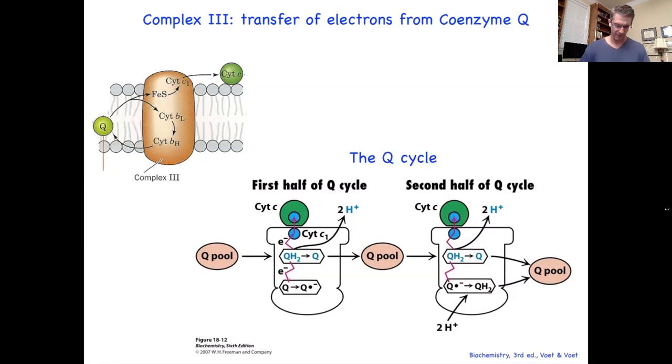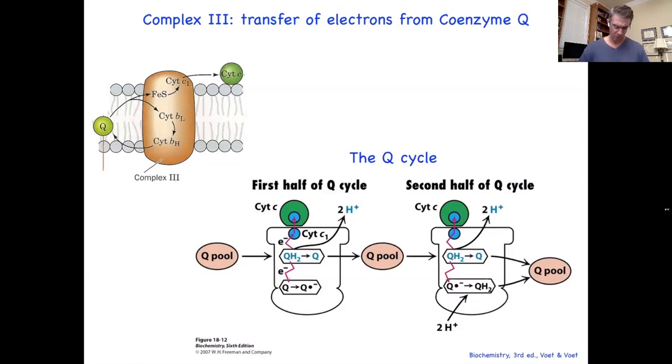I think I forgot to mention that the first electron goes into that small transport protein that's hanging out on the outer surface of the inner mitochondrial membrane, cytochrome C. We're going to talk about that in just a minute. Once that's reduced, it diffuses away. The second one comes in on the second half of the Q cycle. You transfer another electron there. That's now one equivalent of a